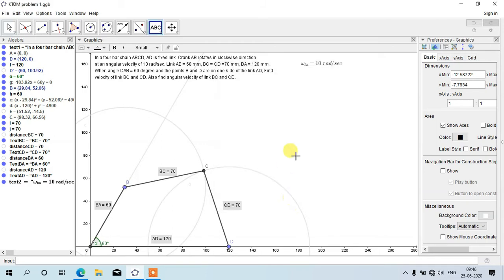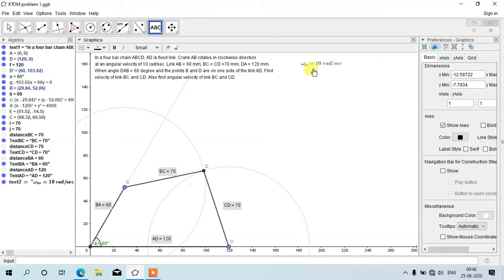Okay, you need not worry about this software part. You have to do all these things on paper. So don't get confused that we are required to use software. You do not require to use this software. You have to do all these things on paper with the help of a scale and pencil.